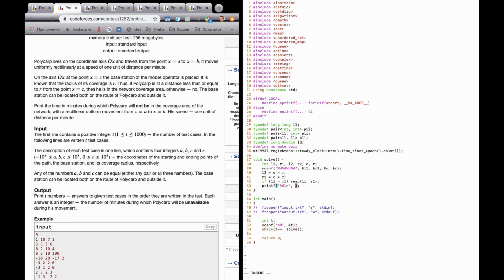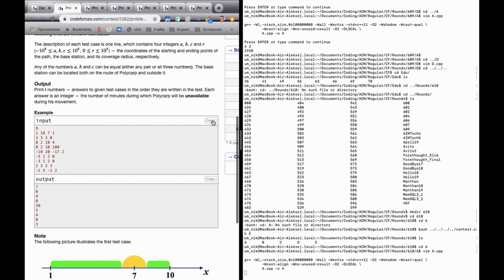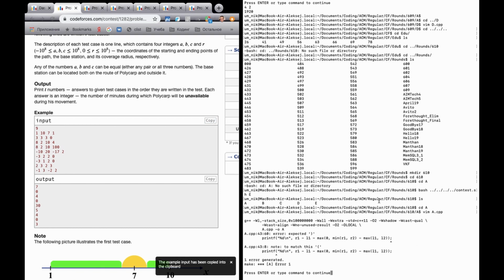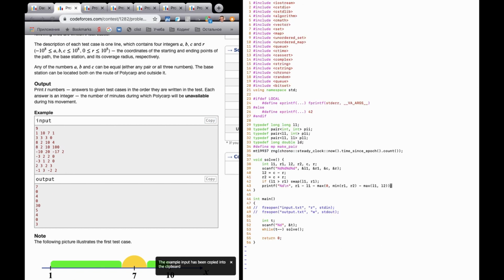So our answer is the length of the first segment minus the length of the intersection, which is the maximum of 0 and the minimum of R1 and R2 minus the maximum of L1 and L2. Probably I didn't close, but